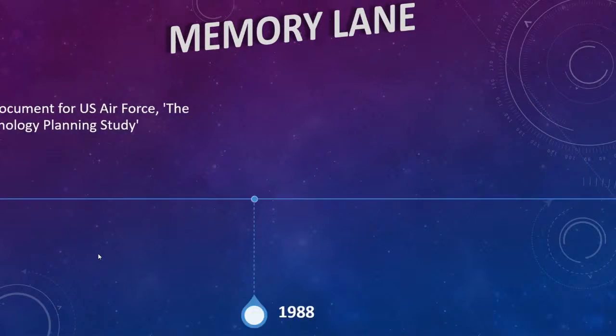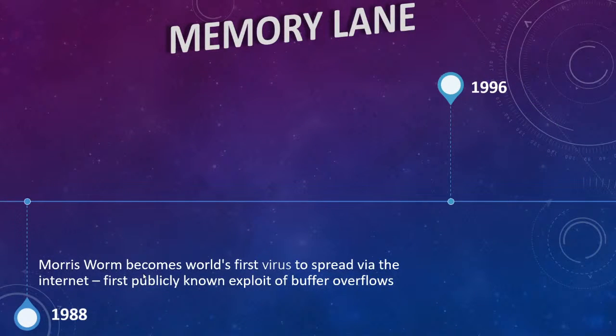Cool. Thank you, Jem. Moving forward a decade and a bit, we reached the Morris worm. If you've been in second semester, you might have heard of this. Basically, the Morris worm was the first, it says virus, but it's actually both a virus and a worm. It's malware, I guess you'd call it. It was a worm because it spread through the internet. It was a virus because it crashed computers. And it's the first publicly known exploit of a buffer overflow.